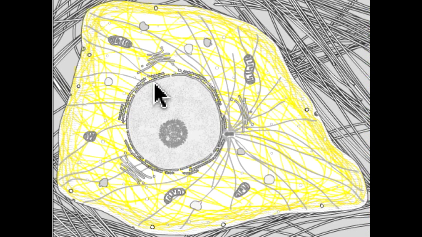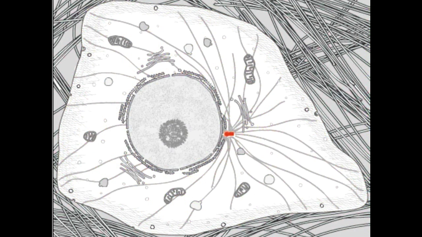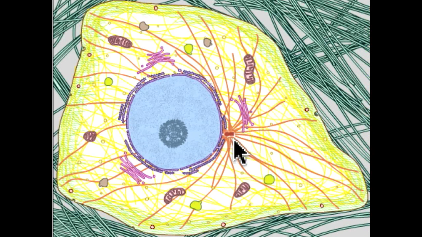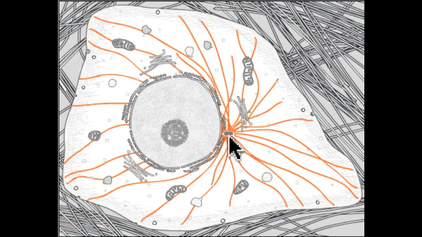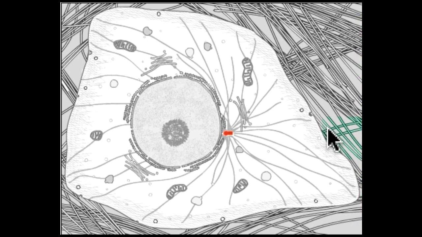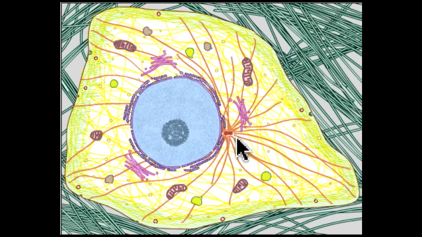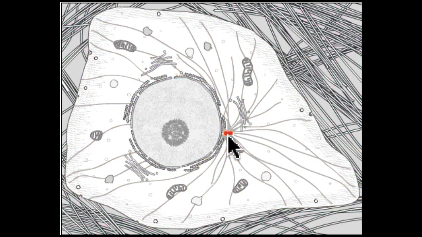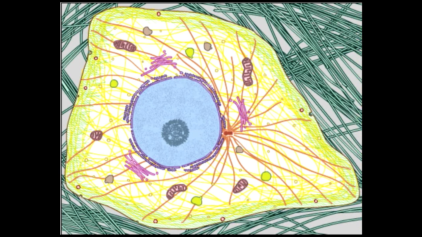And if we look at the microtubule organizing center, that would be right here, and that would consist of centrioles that are organizing these microtubules shown in orange. Note the extensive extracellular matrix on the outside of the cell. Now let's look at some movies of cells and look at some of the dynamic features of cells as shown by a variety of techniques in microscopy.